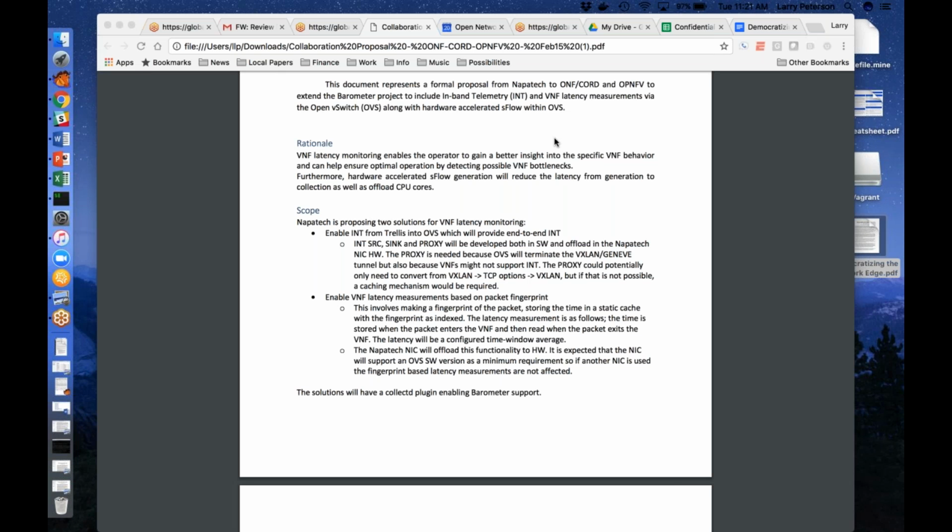Are you looking at P4 support for this feature? So the INT that you're looking at implementing, have you looked at the P4 spec? I've looked at the P4 spec, yes. Unfortunately, with P4 it's a matter of